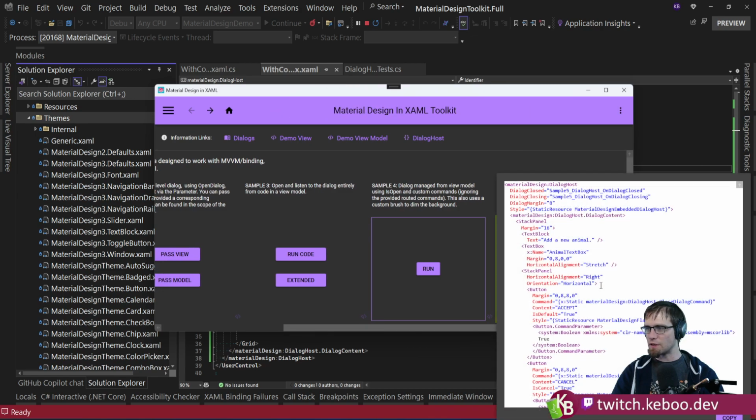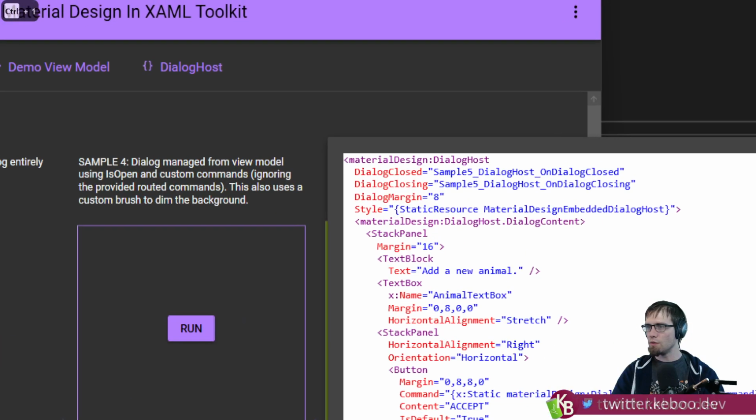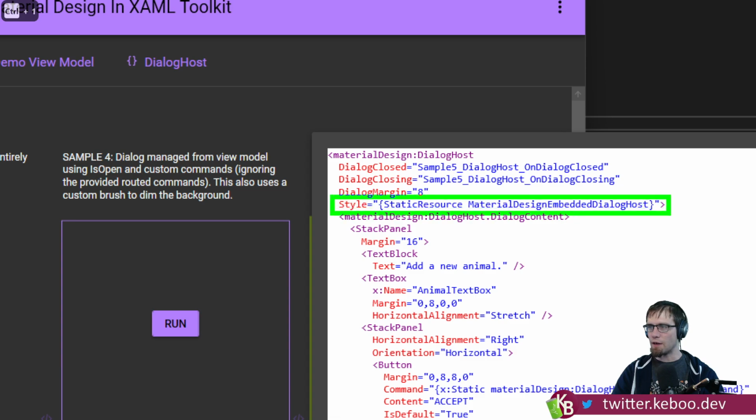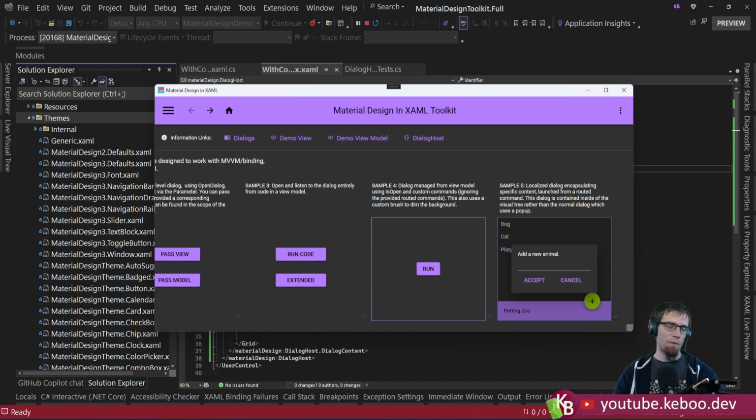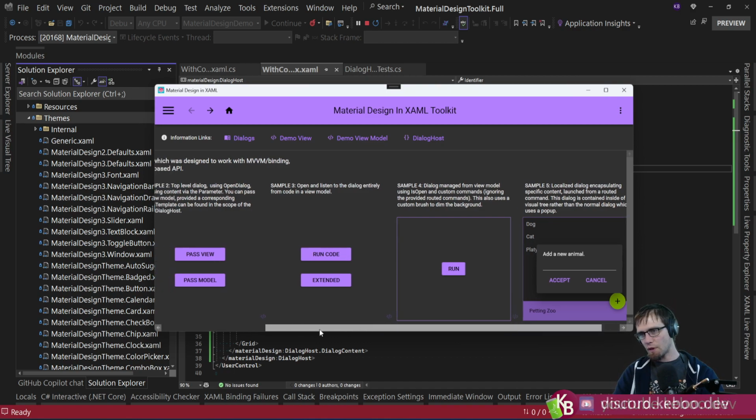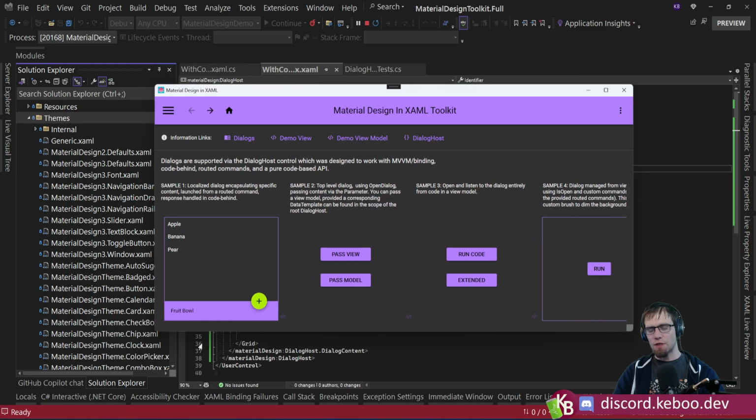And the subtle difference here is on the dialogue host itself. This line right here is what makes that difference of whether you use the embedded dialogue host or not. But there's nothing stopping you from putting multiple dialogue hosts inside of each other or putting one inside of a thing or similar to kind of control those layers. And it's quite common to do something like that. But it is an interesting idea to be able to break that rule to let it be 1 to n rather than just 1 to 1